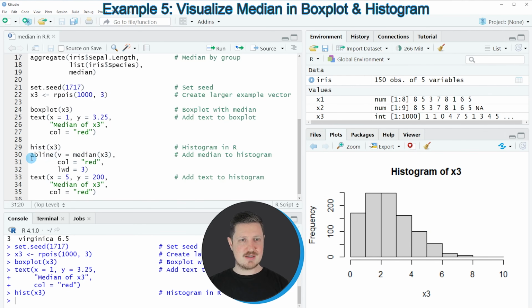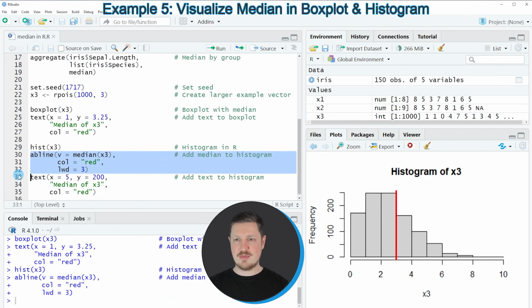And then in the next step, we can add a red vertical line to this plot at the position of our median. So if you run lines 30 to 32 of the code, you can see at the bottom right of RStudio that a red line has been added at the value 3, because this is the median of our data. And then in the next step, we can also add a text label to this plot by using the